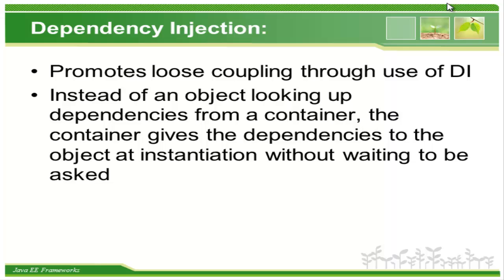Okay, what is the meaning of saying loose coupling? Your object is not dependent. Why is your object not dependent? Because it is not instantiating nor is it using the direct type. So I have not used car equal to something, bike equal to something. I have used the vehicle, which is the interface. Because of polymorphism, I can point to any derived version of the vehicle. So it could be car, bike, or anything. So that is the meaning of loose coupling. So instead of the object looking up the dependency, the container provides the dependency.